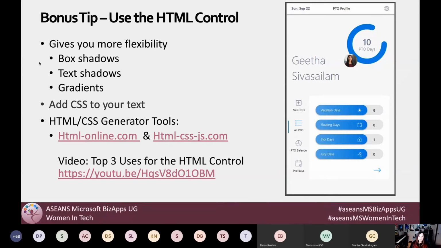You can utilize the HTML control to do things that you couldn't do with native Power Apps functionalities, like box shadows, text shadows, gradients, adding some CSS to your text. And even if you don't know HTML or CSS, there's some free tools online that you can go and type in what you're wanting it to look like, and it will actually produce the HTML for you. So those are a few that I reference here that you could look at if you aren't familiar with HTML